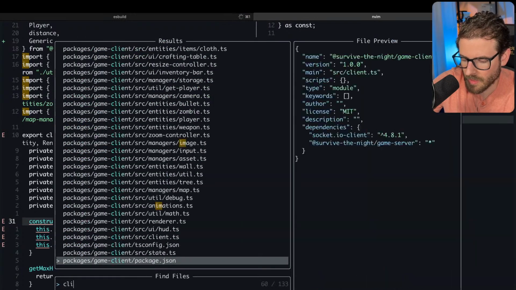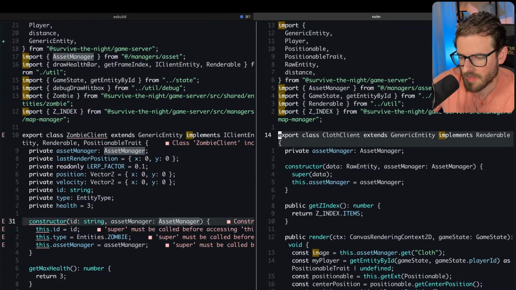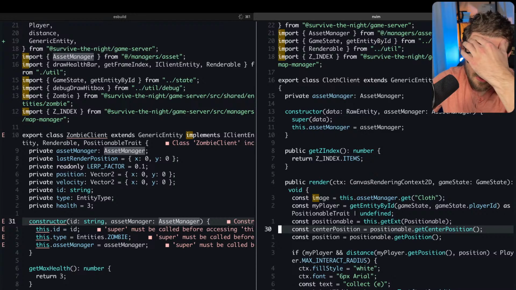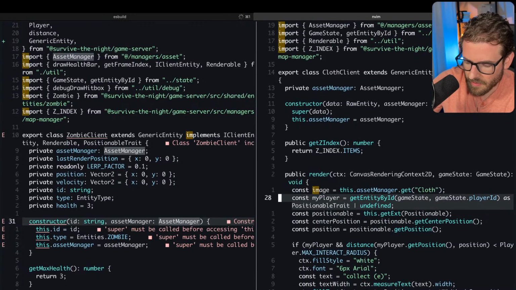But I think I want to copy another thing we're using here. So if I do client cloth, that's one of the entities we have. And so I think just having these side by side, we can look back and forth and figure out how to refactor our zombie client, which is getting out of hand, to use this new approach to entities. And so we just have to make sure that it has data raw entity,